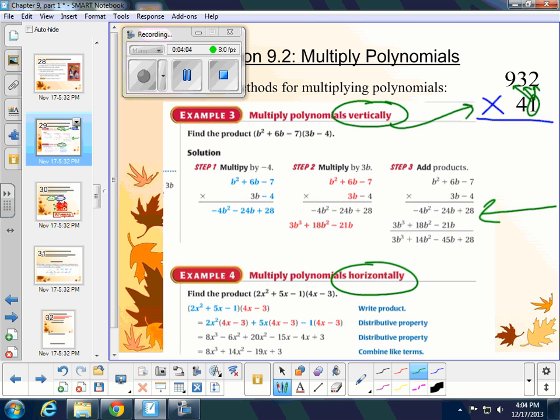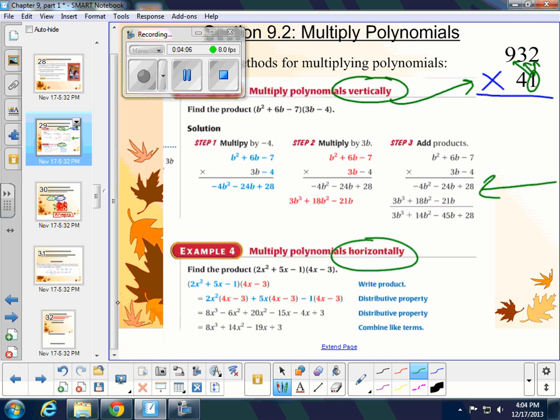And then the horizontal method is actually similar, except just leaving the problem horizontal as opposed to making this the multiplication algorithm here. It is the same kind of idea, though: taking one term and making sure you multiply it by that binomial. Taking each term in that trinomial and multiplying it by each term, distributing it to each term in the binomial. You can look at these two methods again,